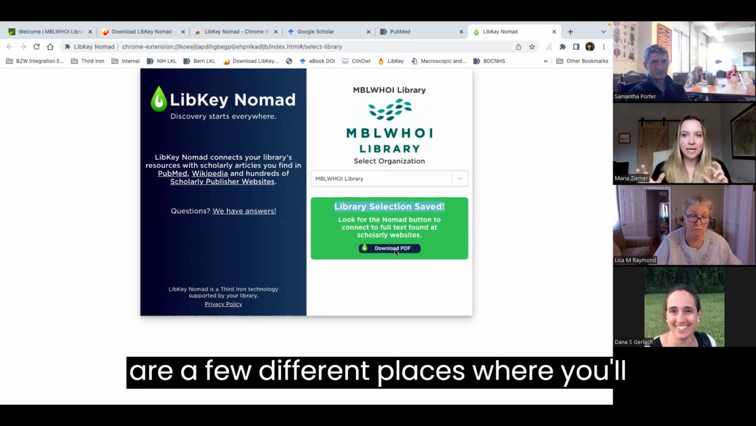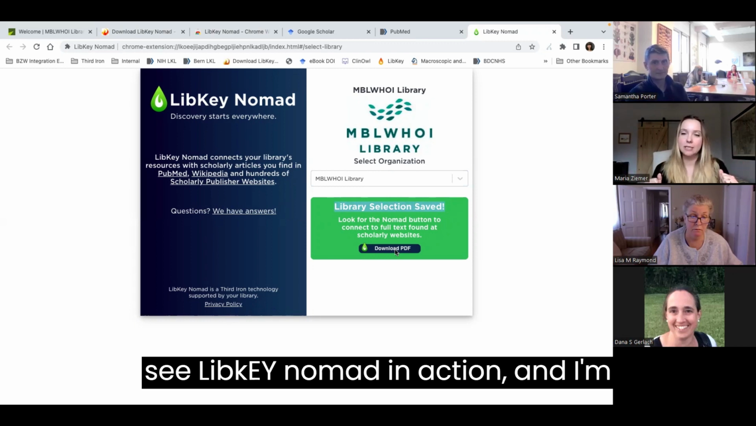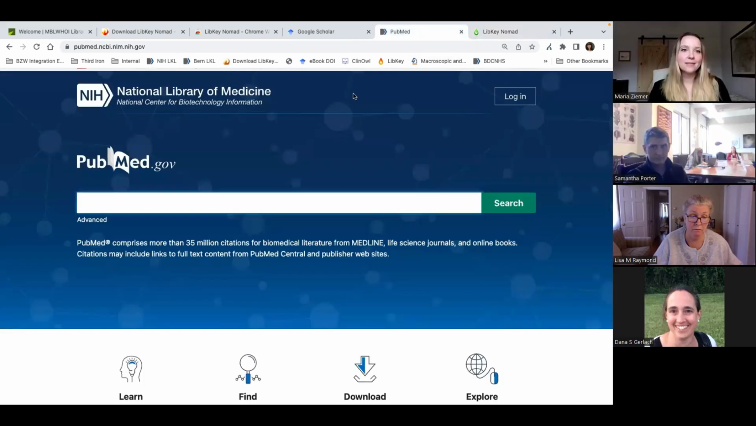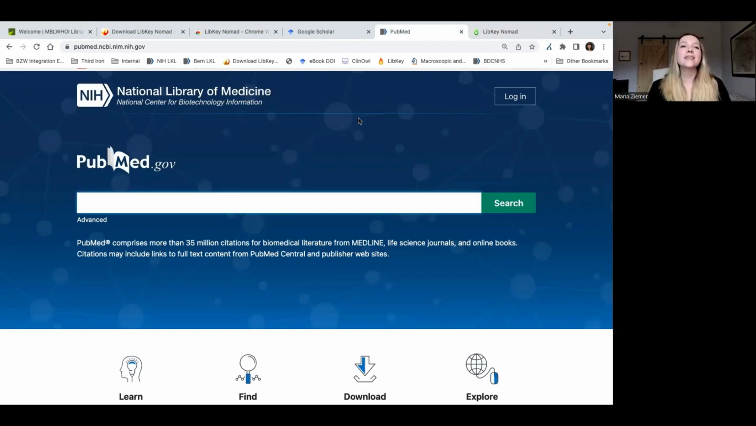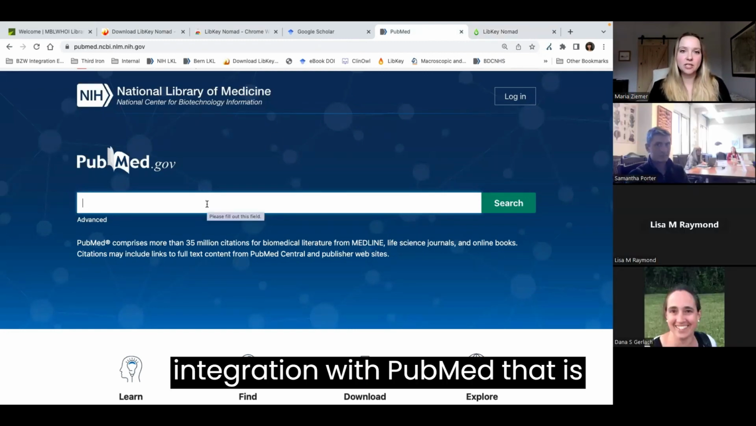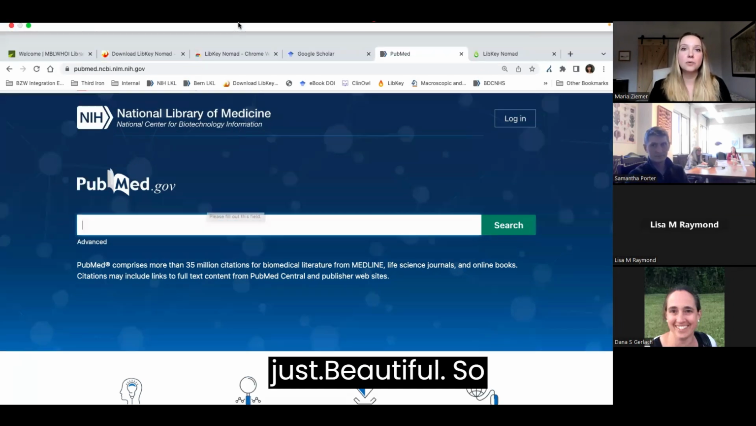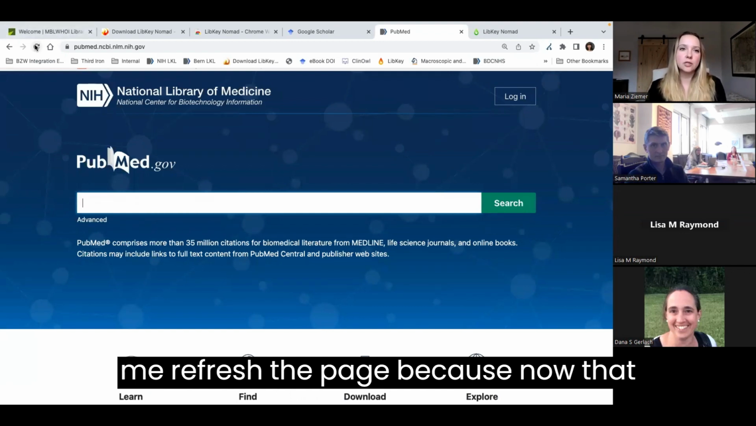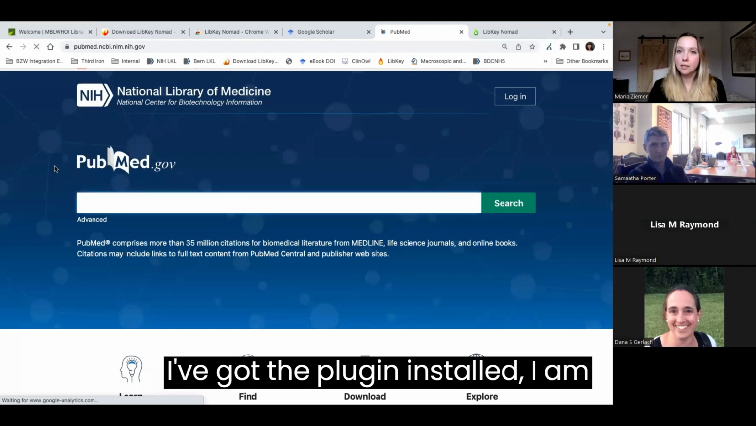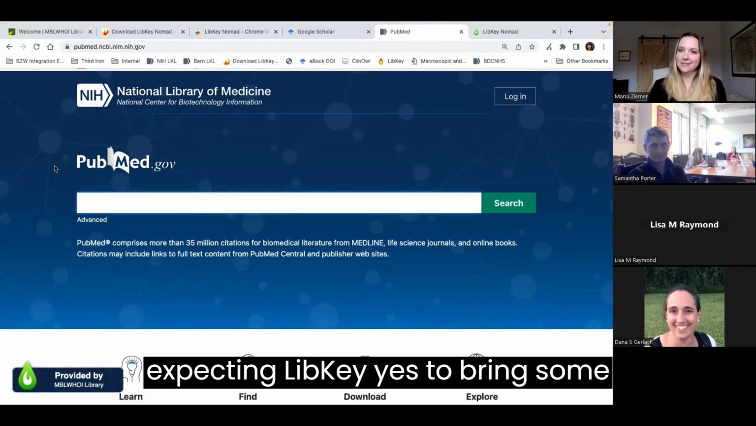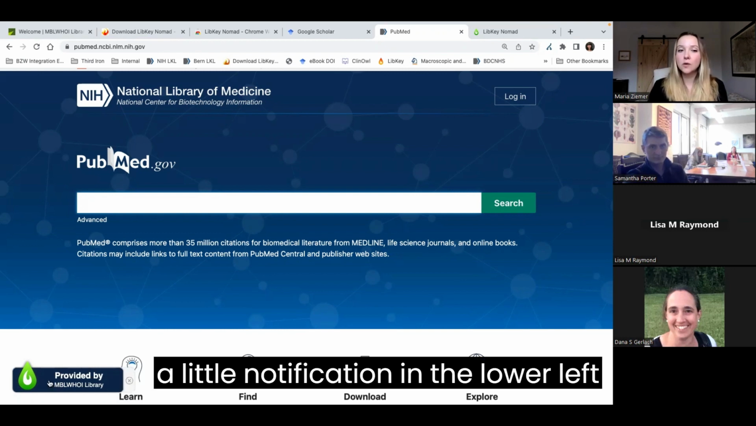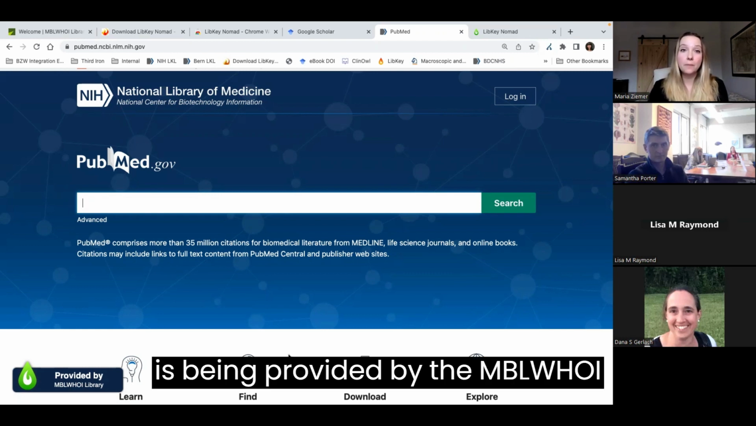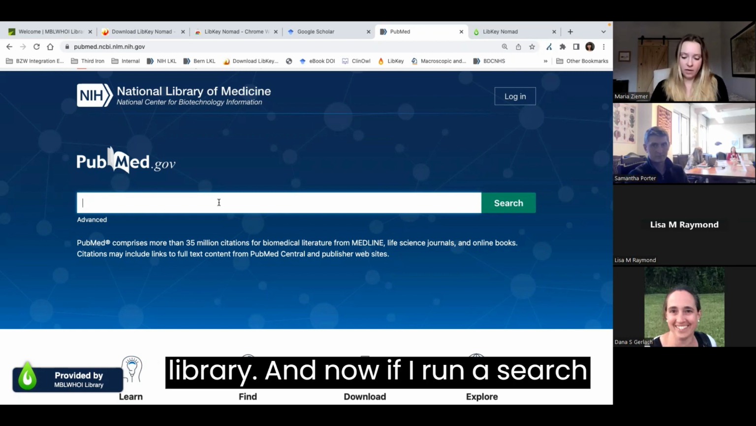There are a few different places where you'll see LibKey Nomad in action, and I'm going to show you my favorite one first. Since you are the Marine Biological Laboratory, there is an integration with PubMed that is just beautiful. From pubmed.gov, let me refresh the page, because now that I've got the plugin installed, I am expecting LibKey to bring some magic into PubMed. You'll see a little notification in the lower left-hand corner that LibKey Nomad is being provided by the MBLWHOI library. Now if I run a search in PubMed,